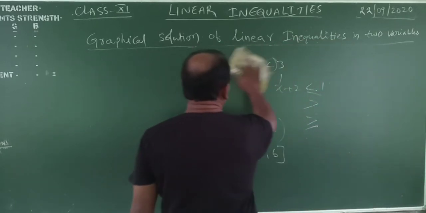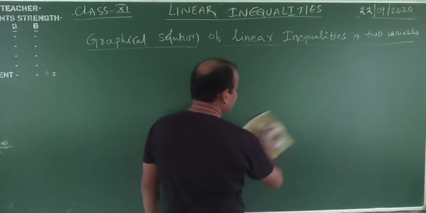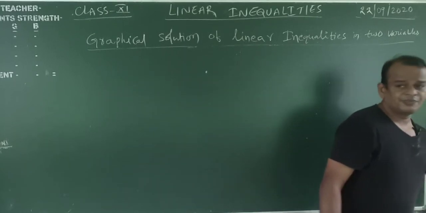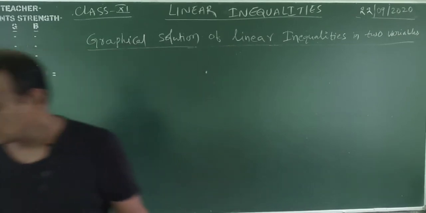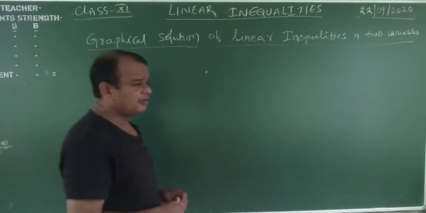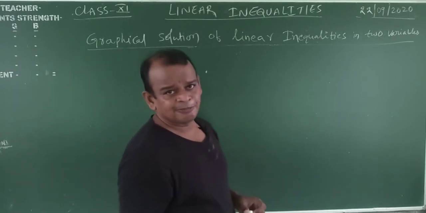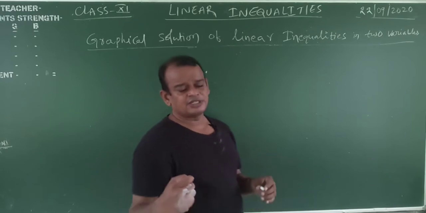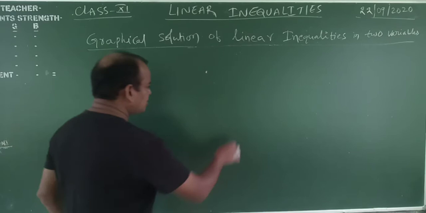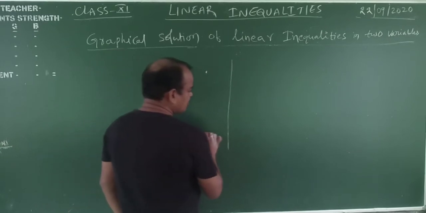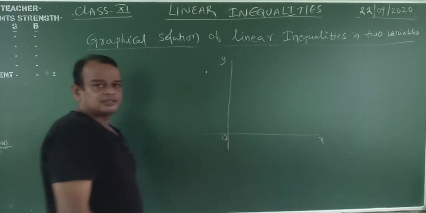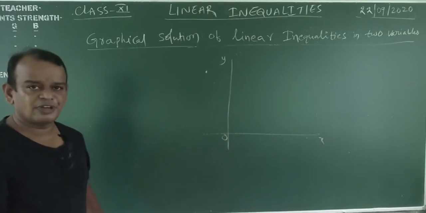Now, graphical solutions. This is very important for class 11 and also class 12, my dear students. Please listen carefully to how to do the problems. Before we go to this topic, I will explain some important definitions and topics. Suppose, what are the coordinate axes? You know very well. The coordinate axes are this: this is the x axis, this is the y axis, and their point of intersection is called the origin. Those are called coordinate axes. You know very well.